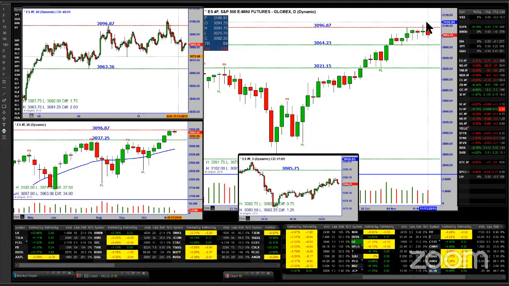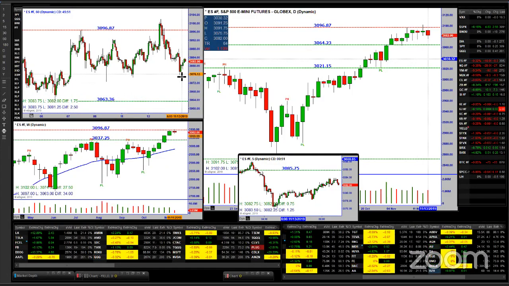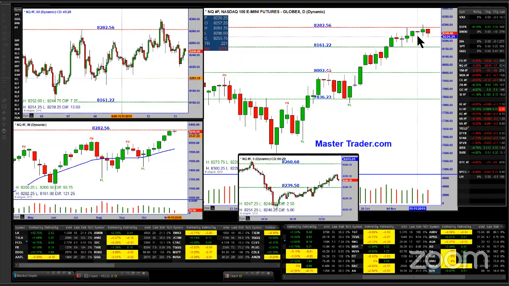So we've got a peekaboo new high, not a big deal unless it really breaks down below this level here, because any poke to the downside has been bought. So as you can see, even this little poke right here, buyers stepped up. So maybe they're trading for little tiny amounts. I mean, this is a very liquid contract, so you could do size in a situation like that and get out and profit from it. But in any event, you can see the buyers are there on the dip. Maybe this is the start of trouble. We'll see. And Qs, similar thing, but strength, sideways, uncertainty, back and forth.